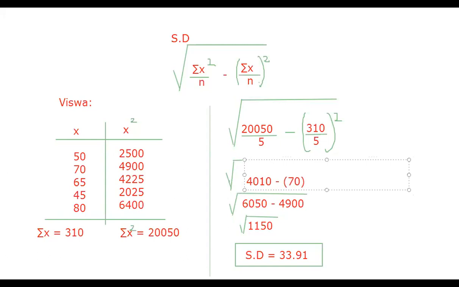So 4,010. Then 310 divided by 5, that is 62. So 62 to the whole square. Now, we will keep this 4,010 as it is, minus 62 into 62. How much? There is 3,844. So when we subtract these two values, we will be getting 166. So when we take the square root of 166, we will be getting